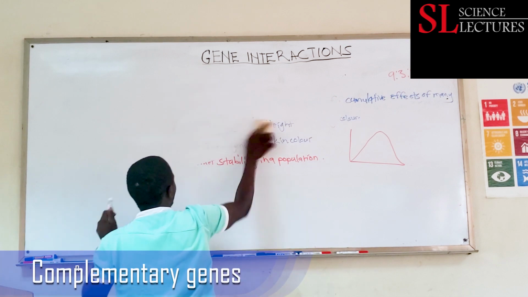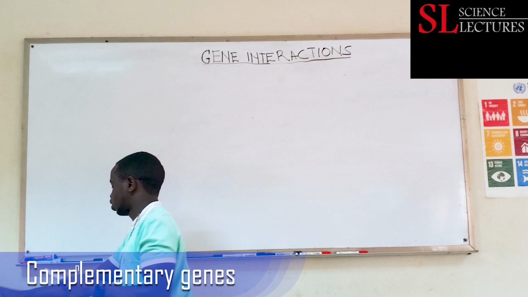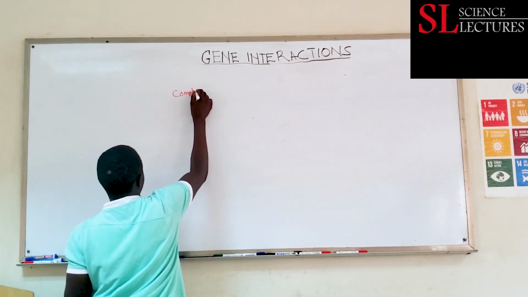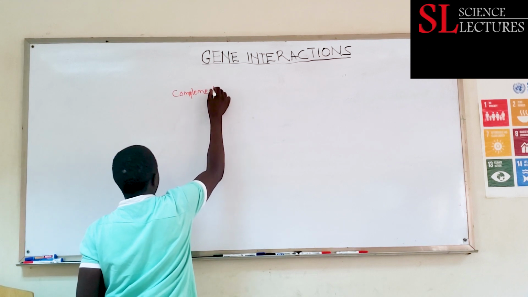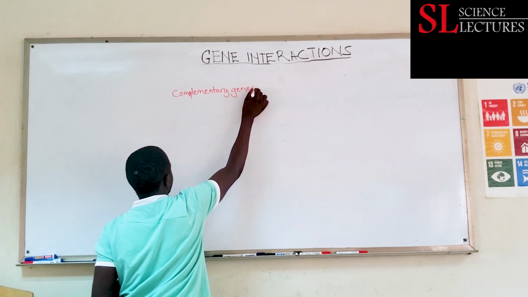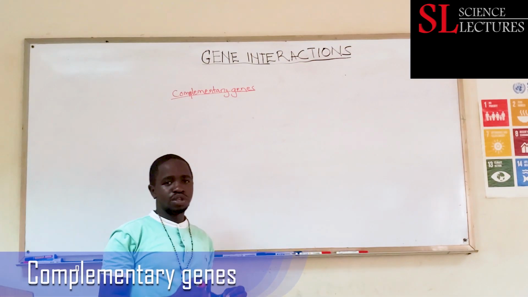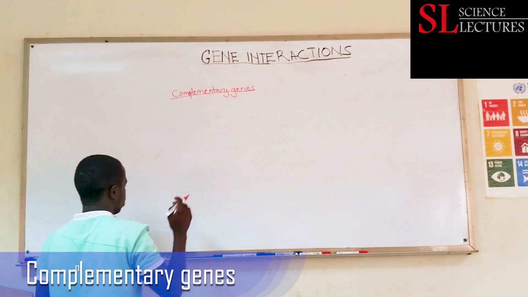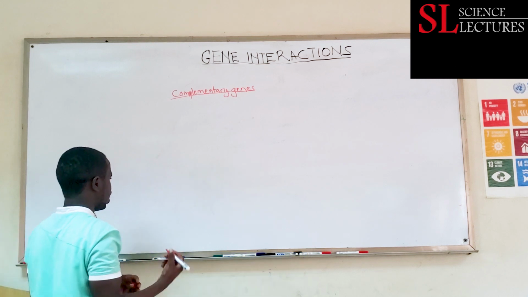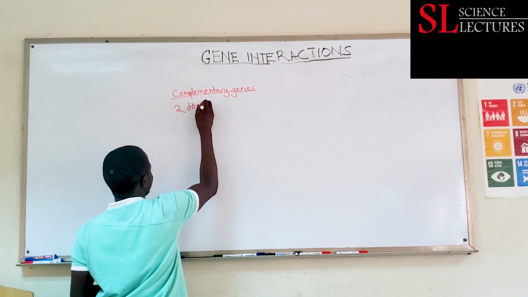complementary genes, or what is called complementation. Complementary genes. So what are complementary genes? Complementary genes or complementation is a form of gene interaction where a phenotype is coded by two dominant